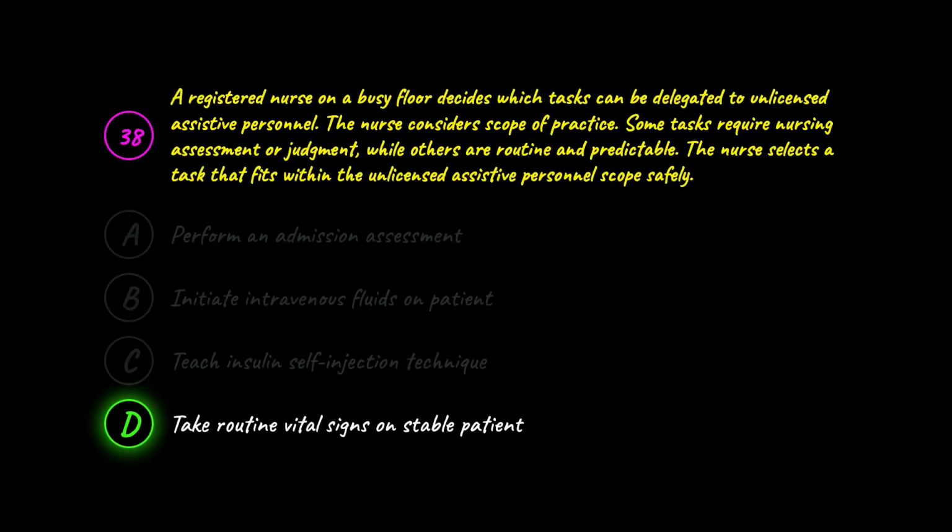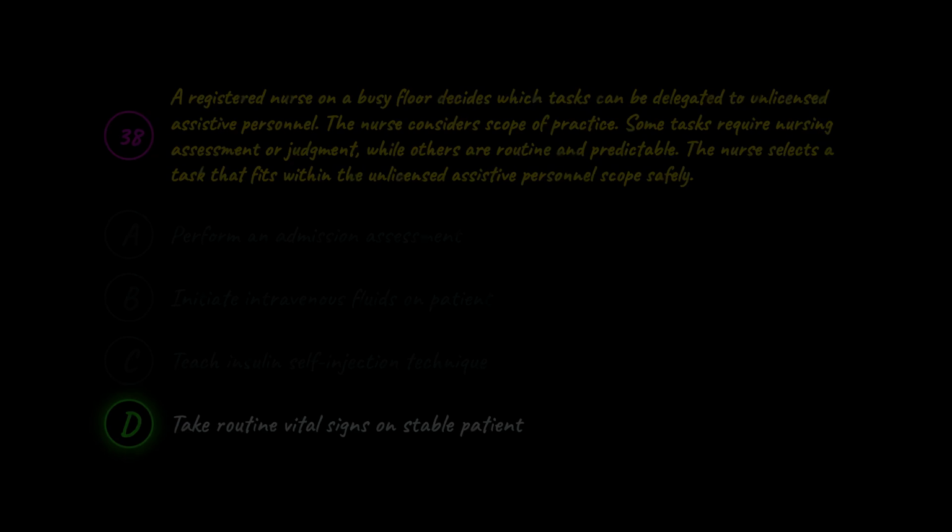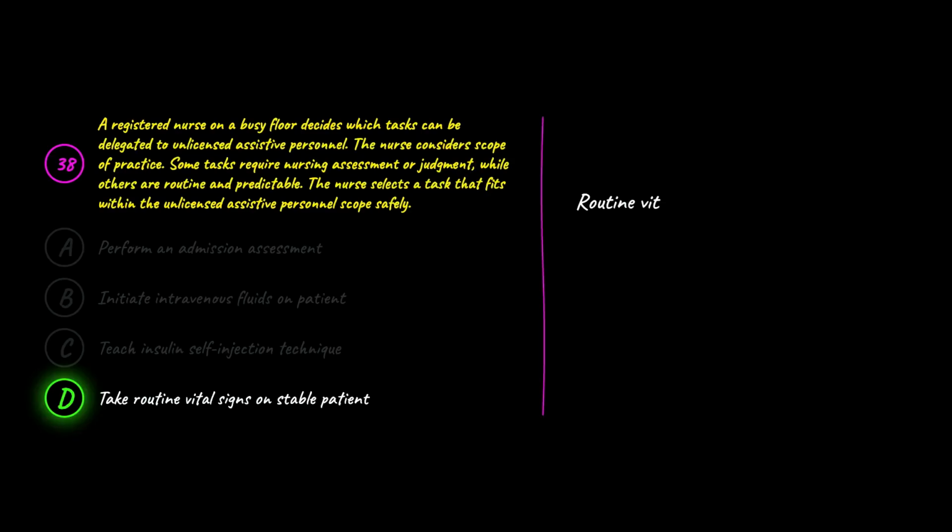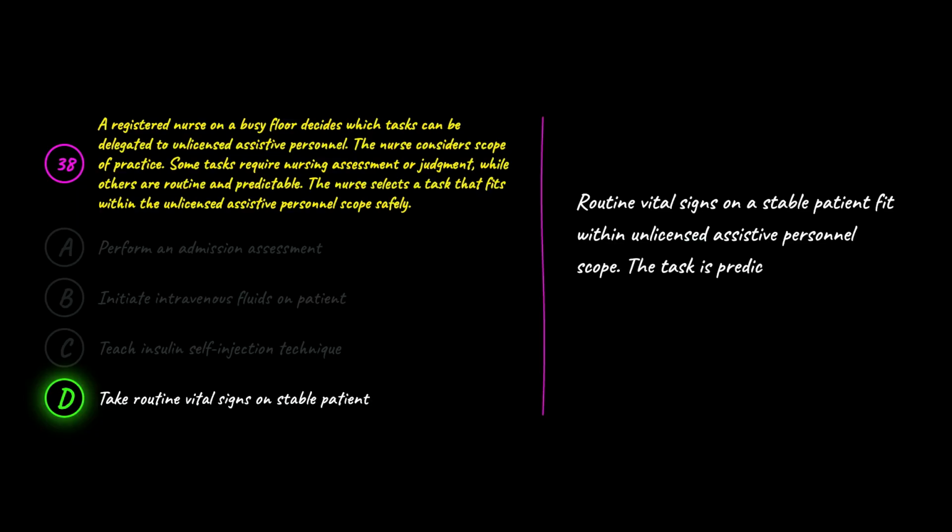The correct answer is D. Take routine vital signs on stable patient. D is correct because routine vital signs on a stable patient fit within unlicensed assistive personnel scope. The task is predictable and does not require nursing judgment, so the nurse can delegate safely while remaining responsible for